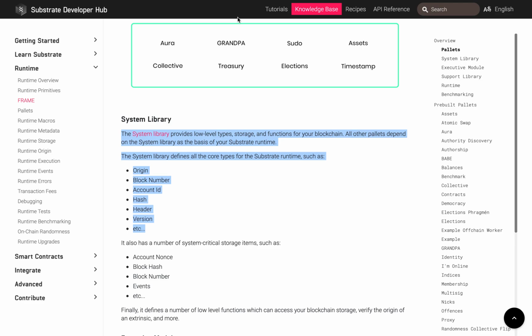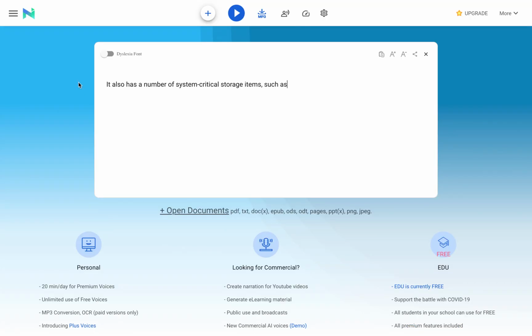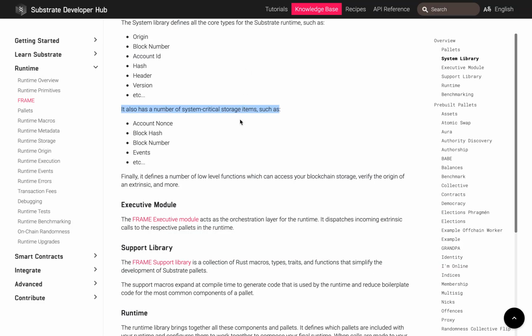The system library provides low-level types, storage, and functions for your blockchain. All other pallets depend on the system library as the basis of your Substrate runtime. The system library defines all the core types for the Substrate runtime, such as origin, block number, account ID, hash, header, version, etc. It also has a number of system-critical storage items, such as